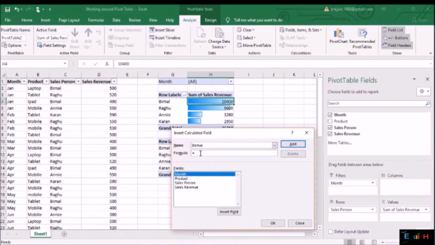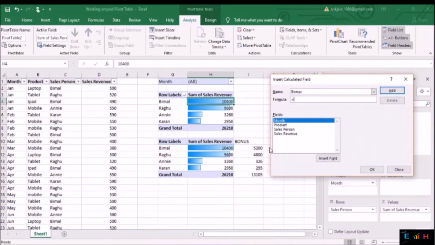Here we can provide the formula which we have given here. How we can do that? Let's see. If sales revenue, select insert field, is greater than 7,000, then insert field sales revenue